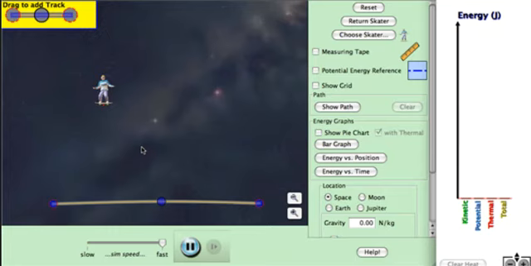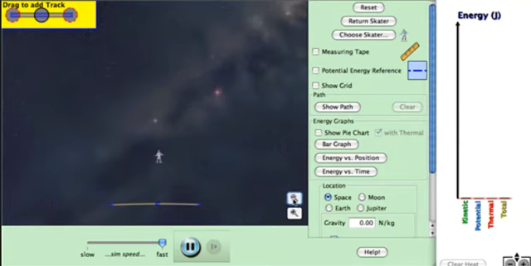Now, there's nothing happening. You're like, well, this is dumb. Well, what's cool is that by hitting the left and right and up and down arrow keys, I can make a jetpack make my skater go around. Like, whoa, okay? Now, I need more space to play here, so I'm going to zoom out a little more. Okay, there's my skater way down there. I'm also going to zoom out my energy graph a bit.